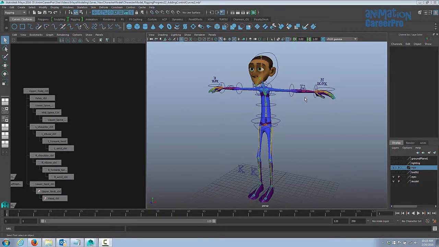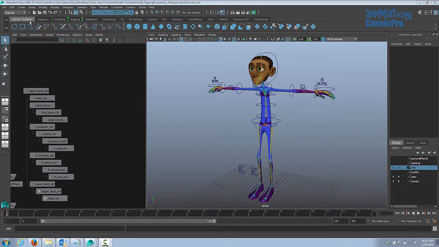In this class, we're going to start setting up controls for the eyes to control eye direction, and we're going to rig the eyebrows for facial expressions. So we'll start by creating a control curve for eye direction. Now normally for 3D character rigs, there's an outer ring to control both eyes, and then we have two small circles inside the outer ring to control each eye direction individually.